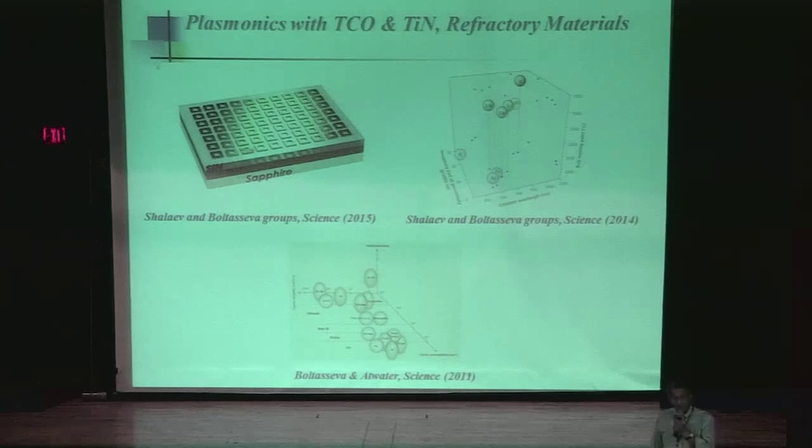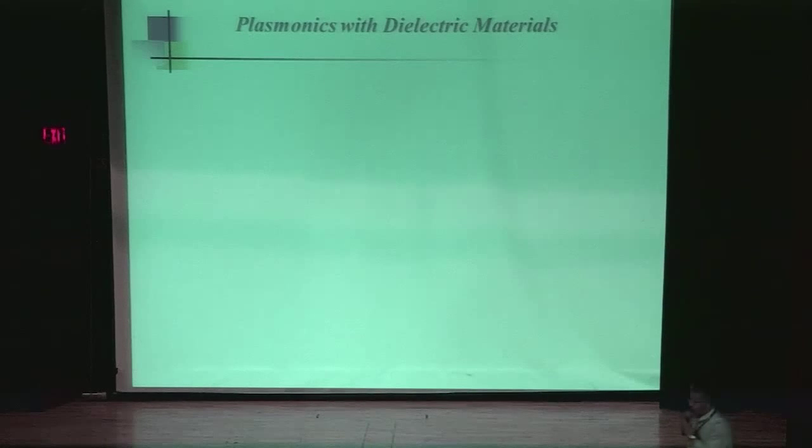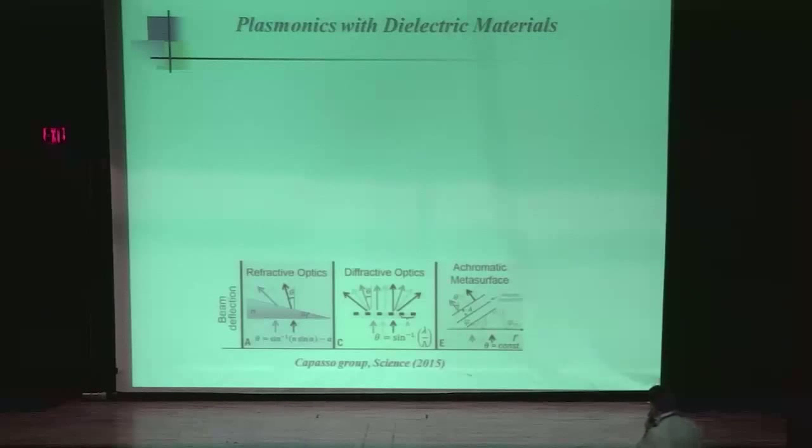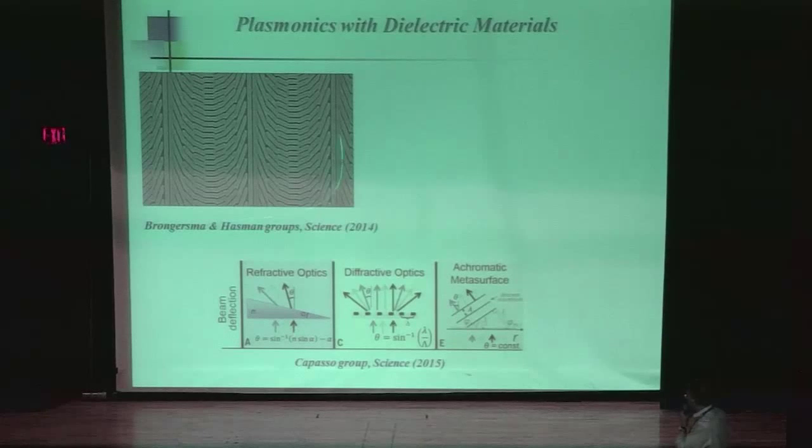But another category, as you are familiar with, is just going back to the dielectric material, but using Mie resonances in order to imitate some of the effect of this resonance. And among those, you just heard from Federico Capasso, the work on dielectric metasurfaces for achromatic lenses, and the work